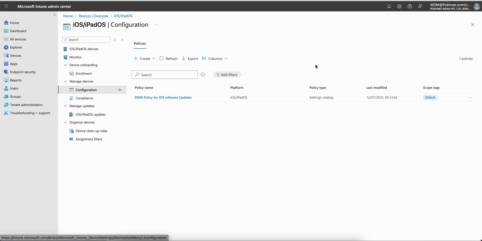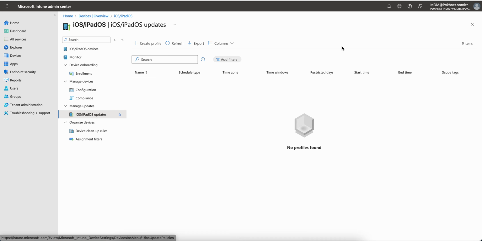Why Apple is changing the protocol from MDM to DDM. The major thing is why they are changing, because earlier, when we managed the iOS software update through this policy, as you can see on my screen, this is the Intune home